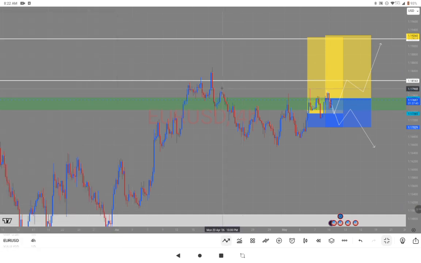So I can see a pattern here, which is the market extending to the downside right here, went back up and came down here, went back up again, came down. So this is more like a left shoulder, a head, and the right shoulder. Then this symbol for me, as a price action support and resistance trader, signals that the market is likely going to push up just like this.